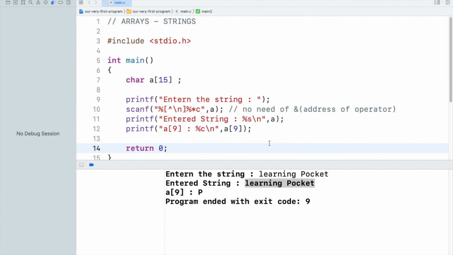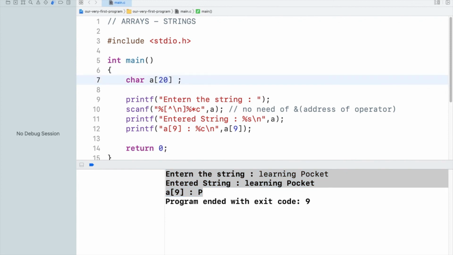The thing that we encountered just right now was a runtime error, guys. And why did we have that runtime error? Because the string is of 16 characters, 15 you can see counted in here, and one extra for backslash 0, that is the ending character of a string. That is why we encountered that runtime error, though our program was working very fine. So I'm going to again increase the size of the array.